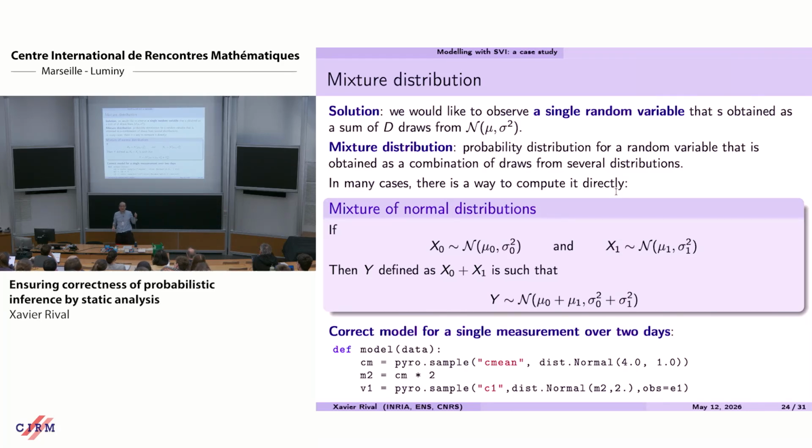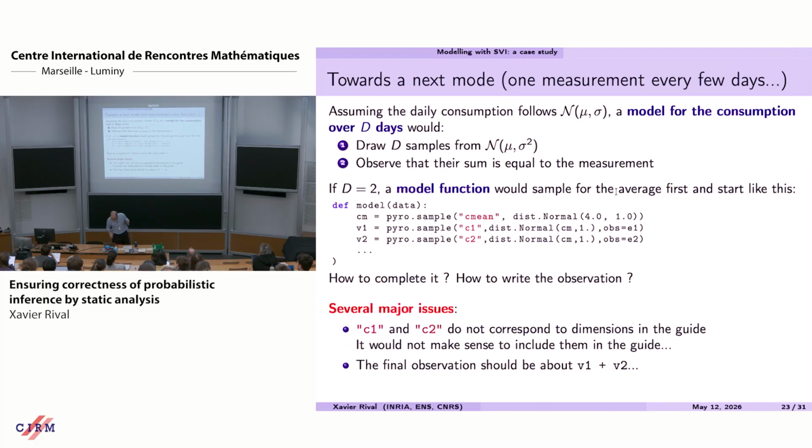Oh, yeah, please. Could you repeat again why the previous method is not ideal? Actually, there are several reasons for that. The first is what we wanted to do is to say, okay, I have a guess of what the average mean is, and then what I will want to observe is the sum of a number of samples. Now, if I make each of these samples, then it means that my model has one random variable per sample. So each time I do a sample, I have one random variable in